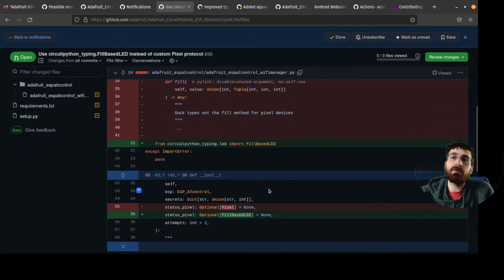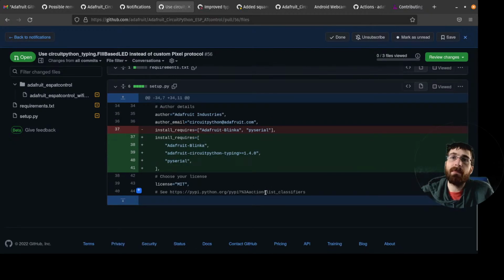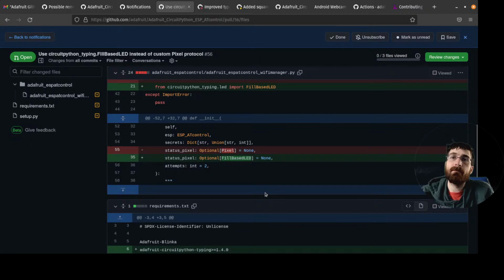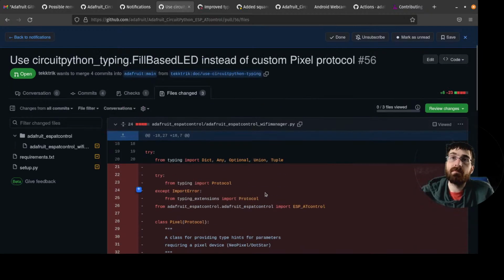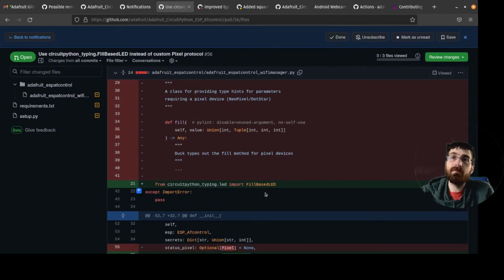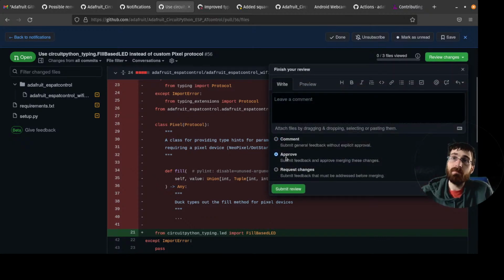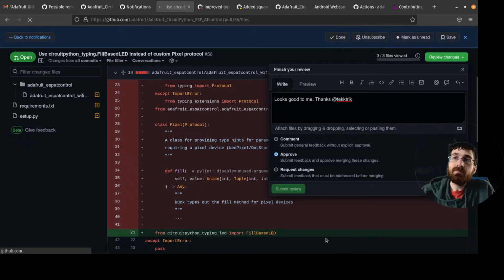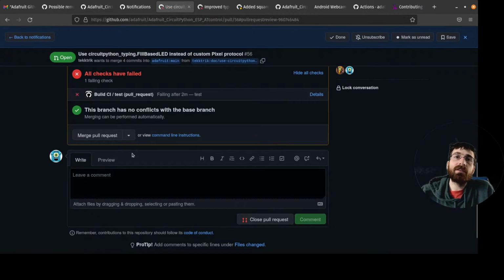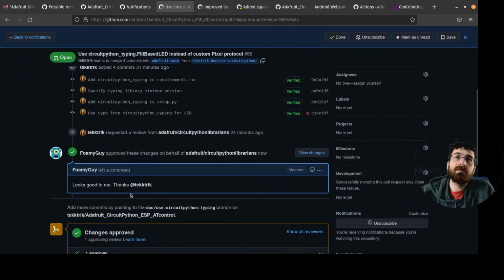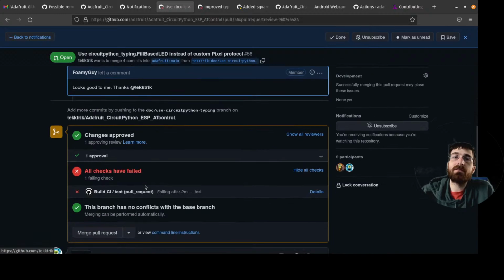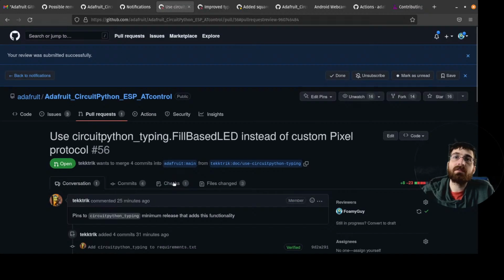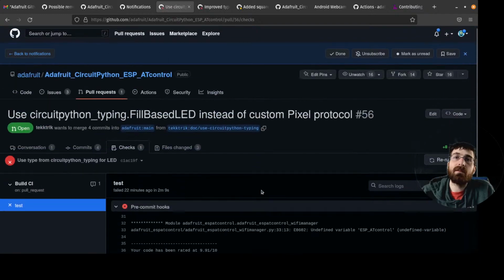Right. Okay. So yeah, this one will just use fill based instead of pixel. Yeah, I like it. I do want to get this. Oh, the checks failed. I didn't notice. What does it say?